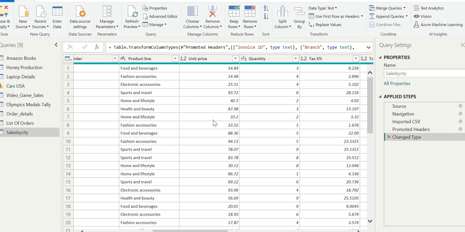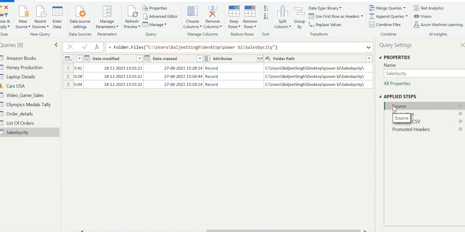Now we will see the detail of the second table here. So we will just go to the sales. We will go to sales here and delete all the other steps that have been created.